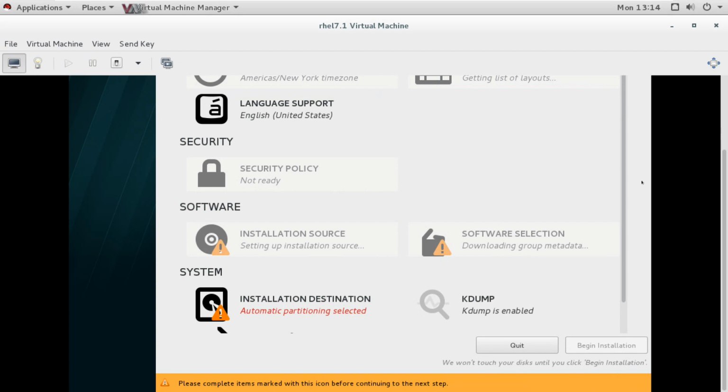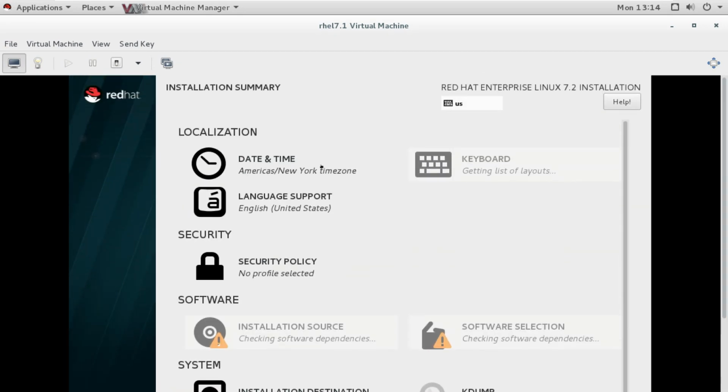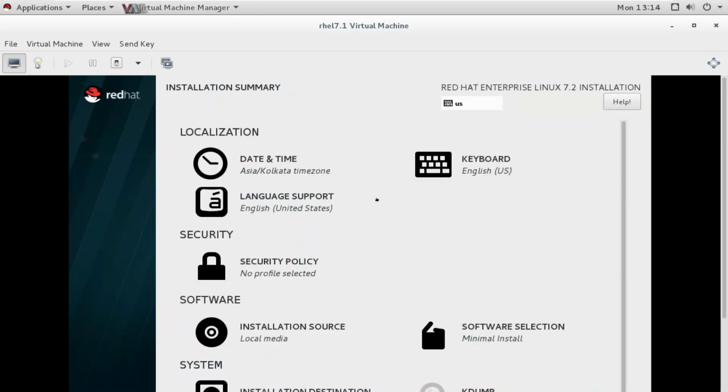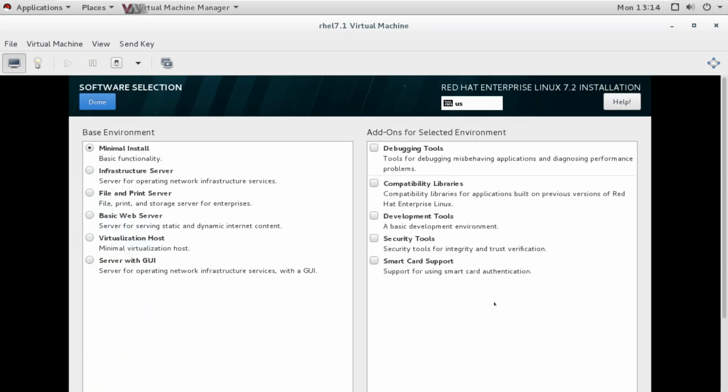Then date and time, keyboard settings. I selected the time zone, keyboard layout, language support. Then you select the installation media and software selection. For software selection I'm going with minimum so that it will install quickly.